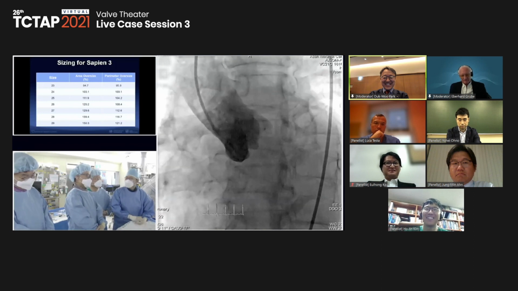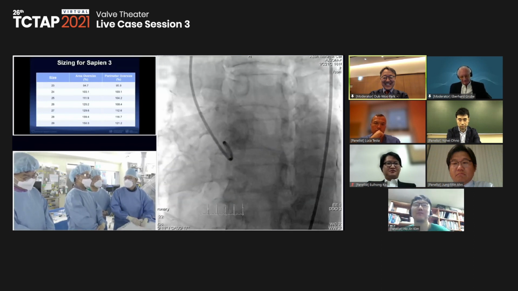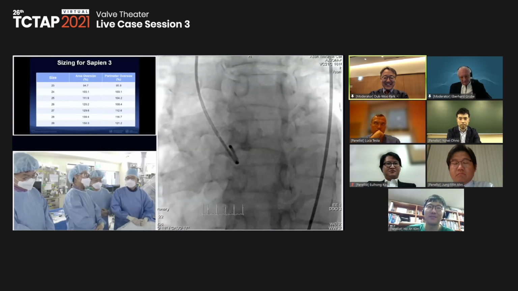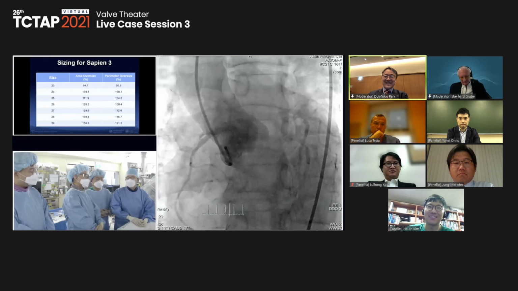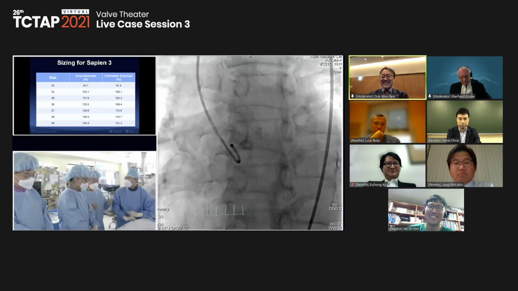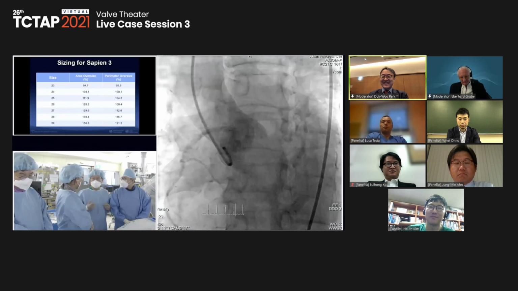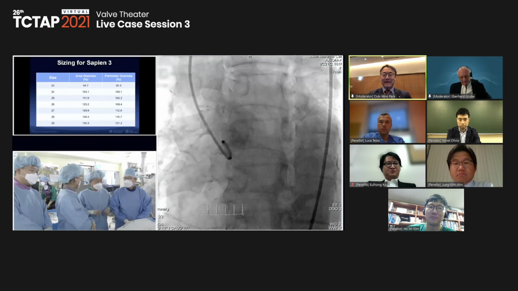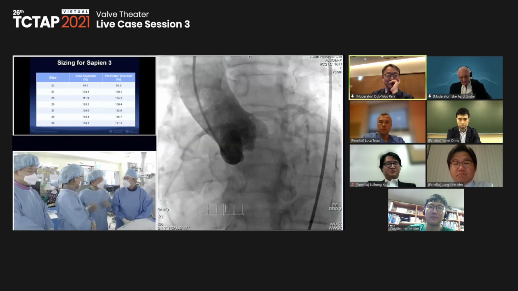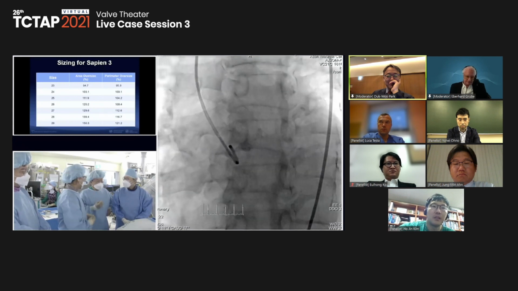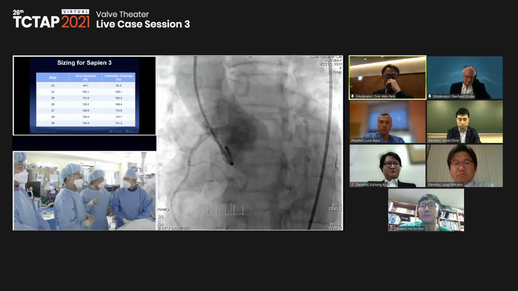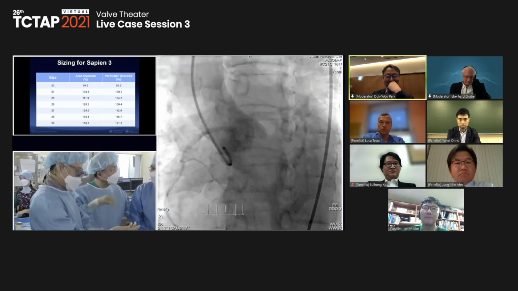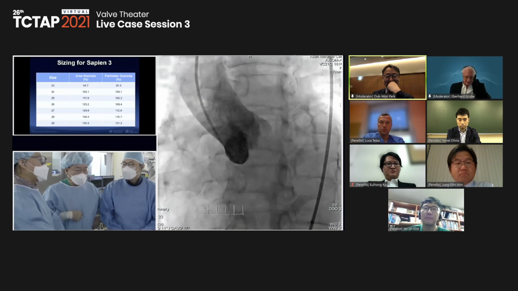I would still operate, but I will ask the patient. Now we have options. Now there is TAVR, but I still feel I would just go for the surgery. All right. I think it's one of our strong points that we can discuss with the cardiac surgeon in situ. Anyway, we've discussed a lot about the changes of the guidelines in terms of age concerns. No matter what, the risk score would be